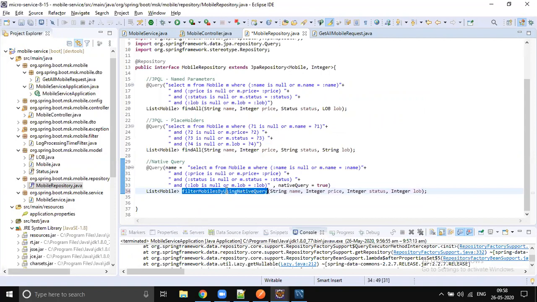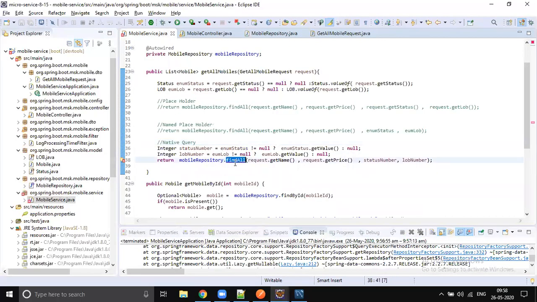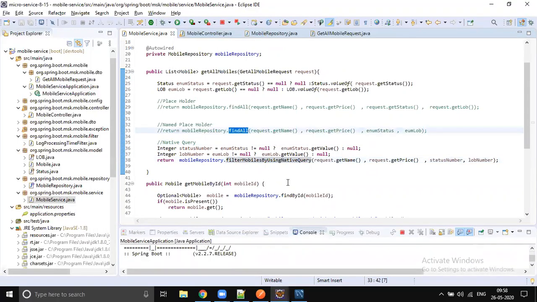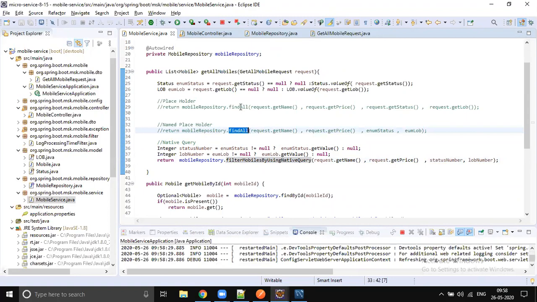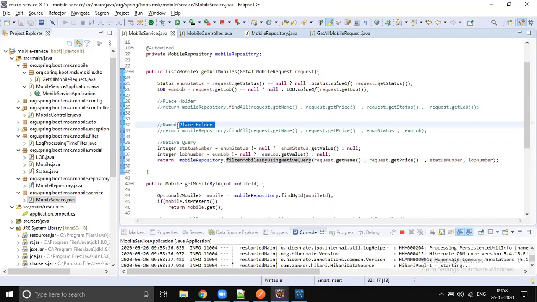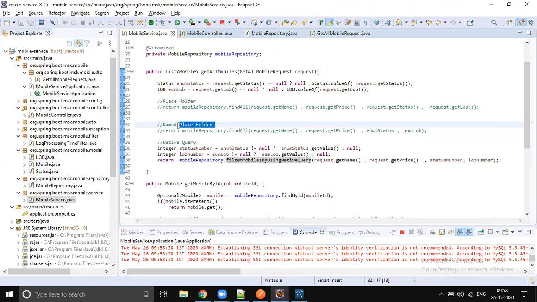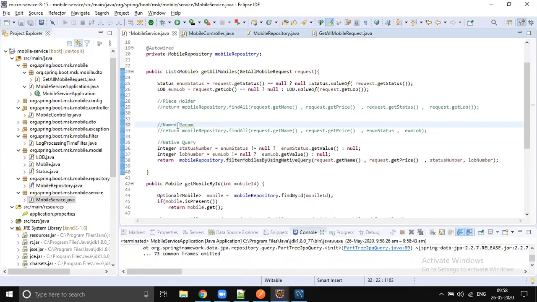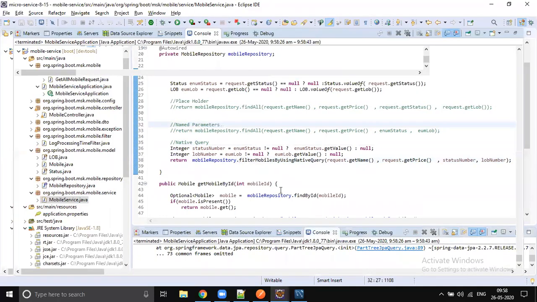So let's call this method. Just save this, copy this, and go and use that. It's better, actually; we should have changed this earlier. Filter by named placeholder, filter mobiles by named parameters, and filter mobiles by placeholders, like that we would have changed already. So that's fine, we are changing now. Parameters, right? Okay, still there is some exception.